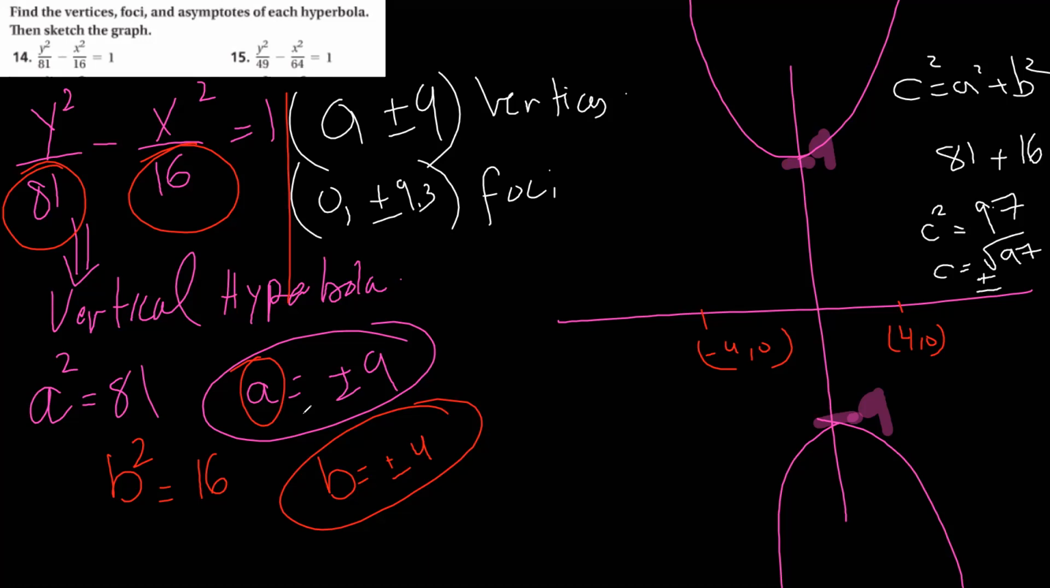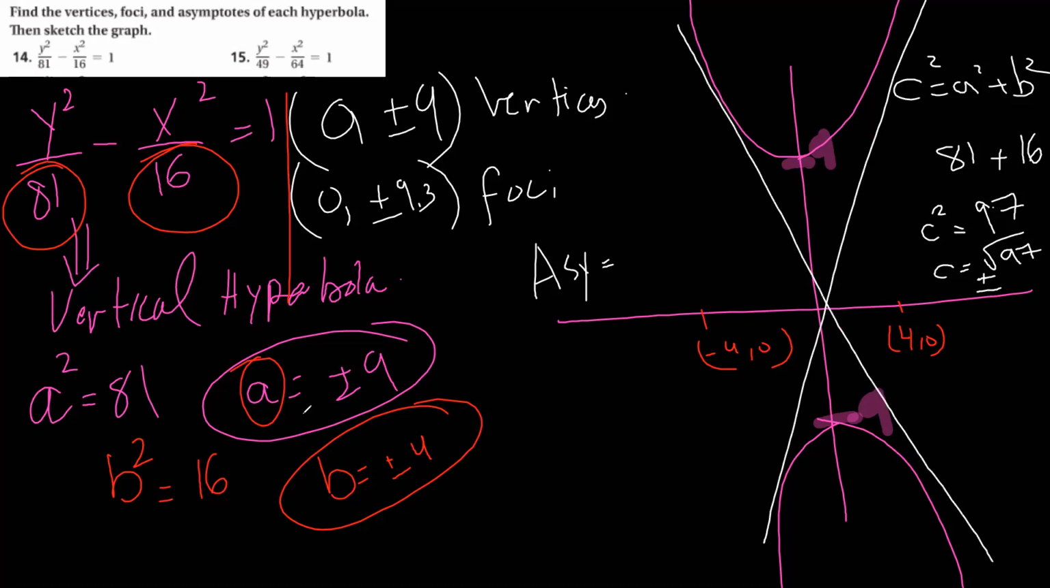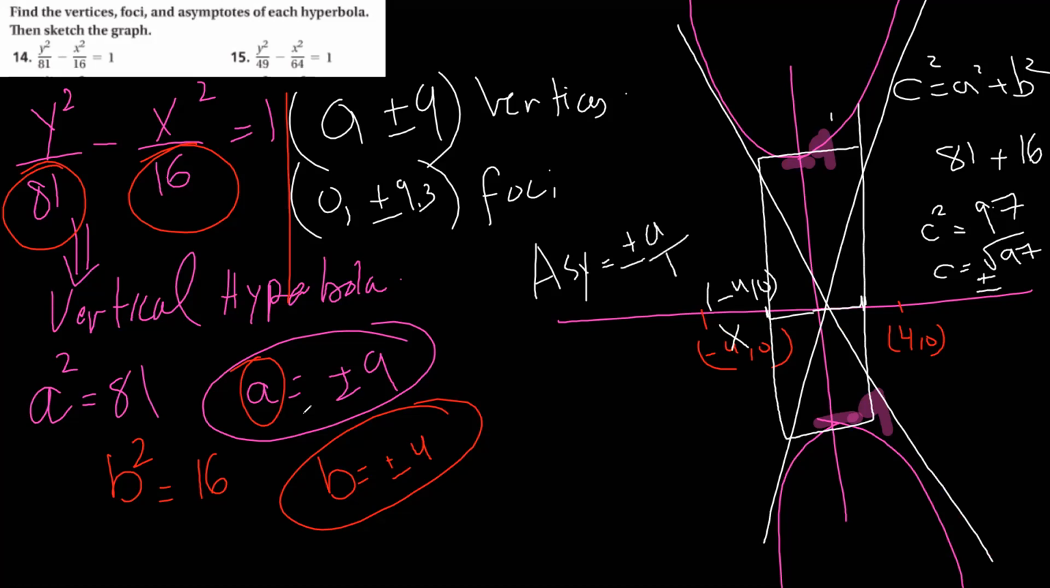I found now the vertices. I found now the foci. Let's find now the asymptotes. What are the asymptotes here? Here I have this rectangle. I have to draw now the vertices. This is the value of b. It has to be here and here, so it's not here, it is here, negative 4, 0. Then is it b over a or a over b? No, a over b. So y equals positive or negative a over b x. Then after that,